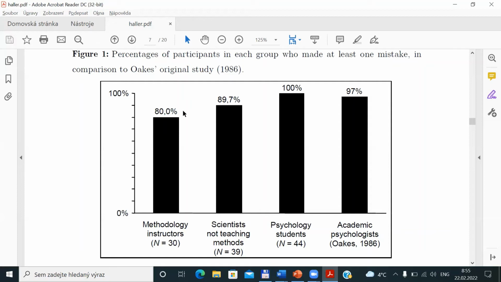So that's about this classical, I would say, Oakes test, and I would say a very, very good trial to repeat this survey on different groups by Haller and Krauss. I can say that similar results were found in approximately 20 studies, so you can find many more articles about this topic. So that's the first test